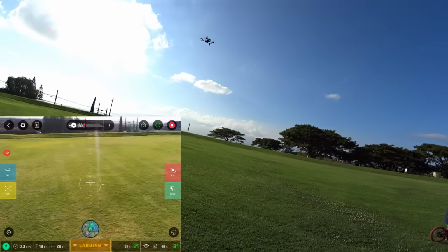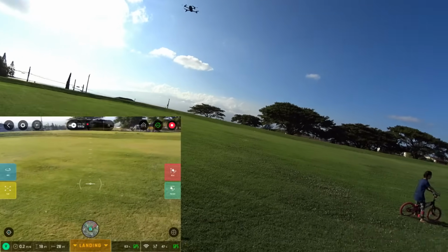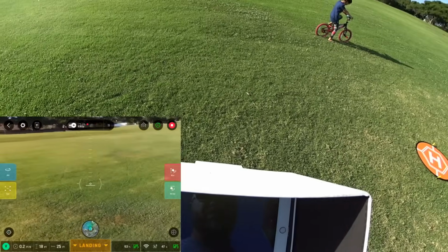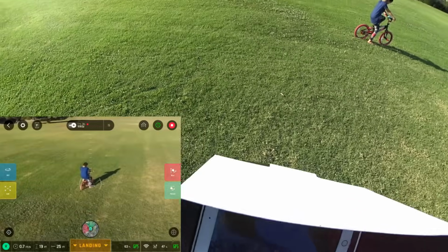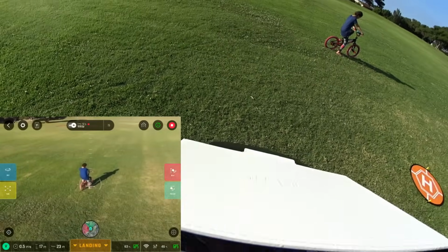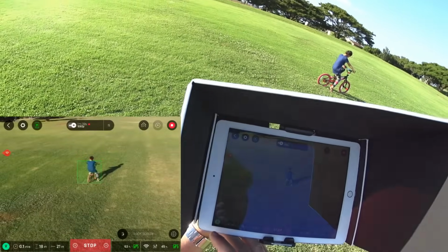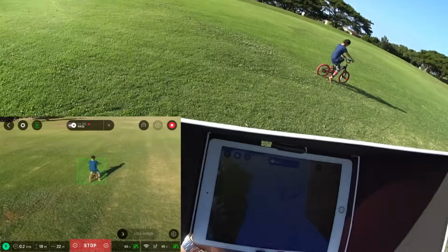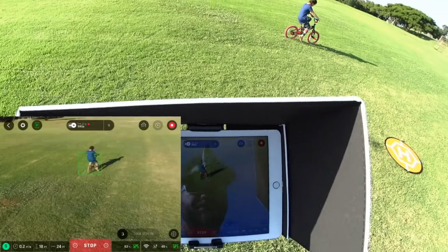Really wanted to track her with some of these advanced functions and do a track while she's moving and orbit while she's moving, but it looks like maybe you got to do those manual still. Could have sworn there was some functions on that. Well, this is cool down here. You see on the bottom left, I got a V in the green circle, and then if I press it, I have an S. So you can switch between video mode and sport mode right from there, which is